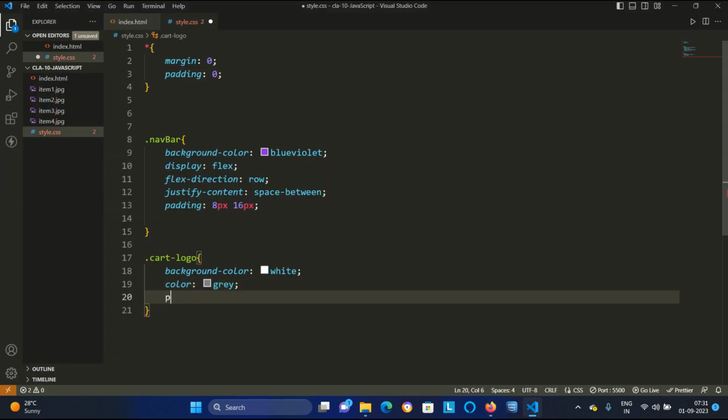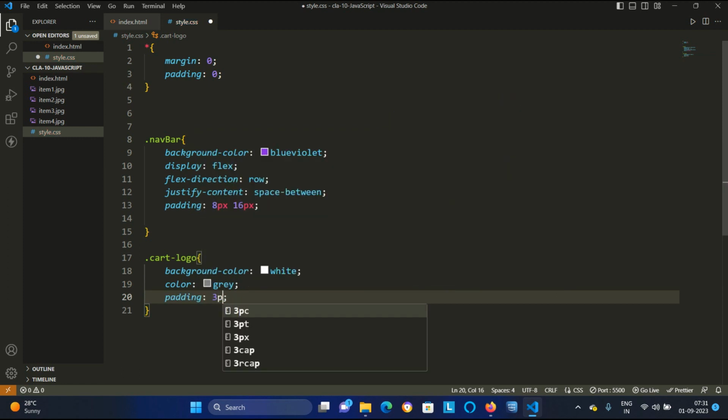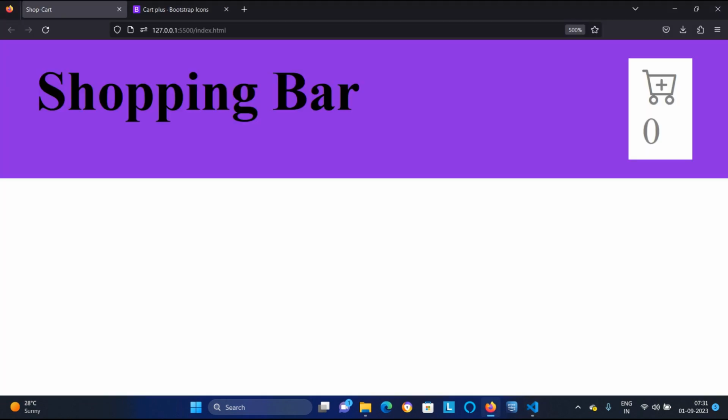If I set the padding 3 pixel from top and bottom, and 6 pixel from left and right, I think it's correct. You are looking that it has taken some padding now, 3 pixel from top and bottom, 6 pixel from left and right.